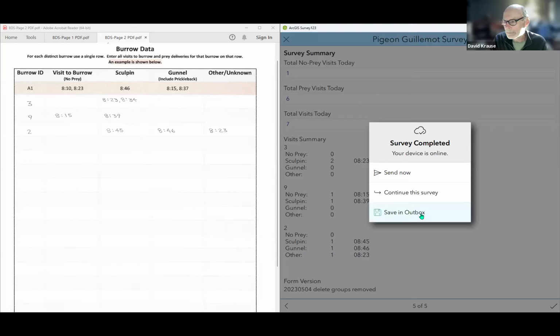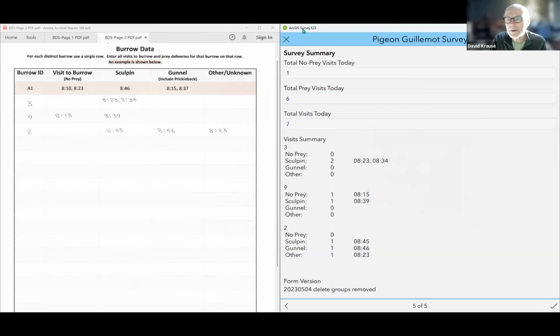And that allows you to go back to it later. It saves the information you have locally, and it allows you to go back to it and make changes or make additions later. Similarly, I'm going to click continue this survey. Up here,